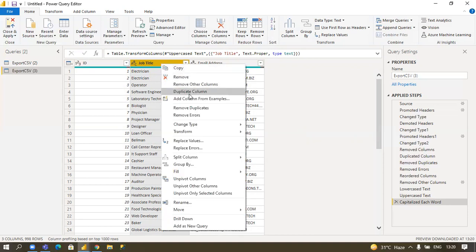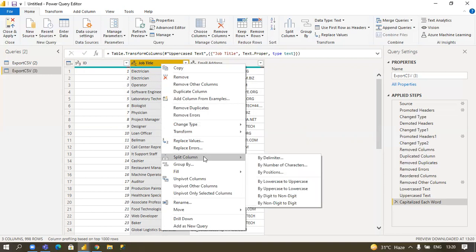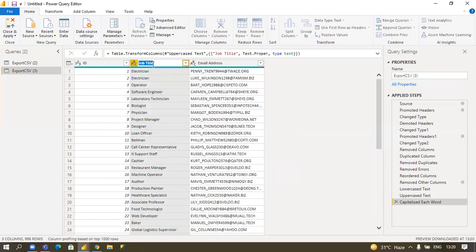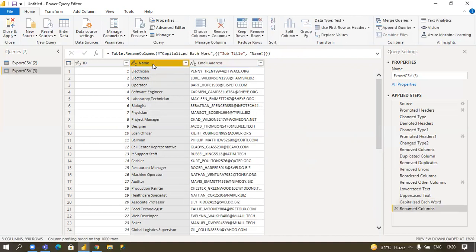Again, I right click, and if I want to split my data into two columns, suppose this is the name of an employee, and I want to convert this column into separate first name and last name.